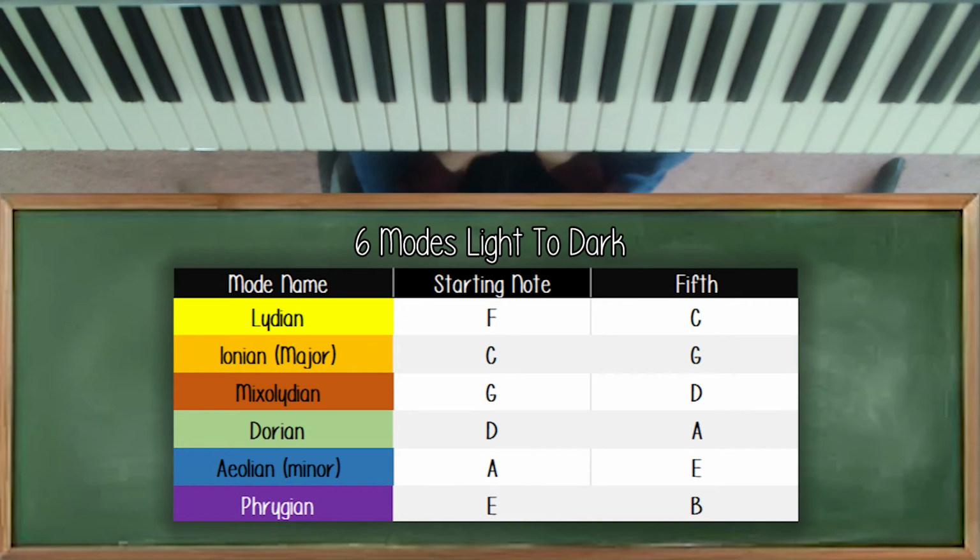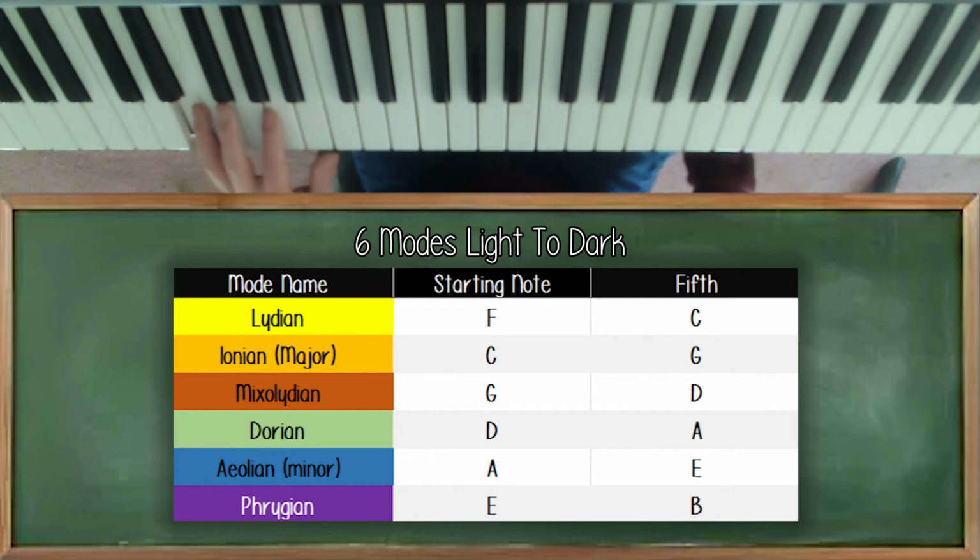So that one was a little darker, and if you like that, you can keep going with that. There's 7 different modes, and they all have different feelings. So if you want to experiment with the other modes, all you have to do is pick a note on the keyboard, find the 5th, 1, 2, 3, 4, 5,